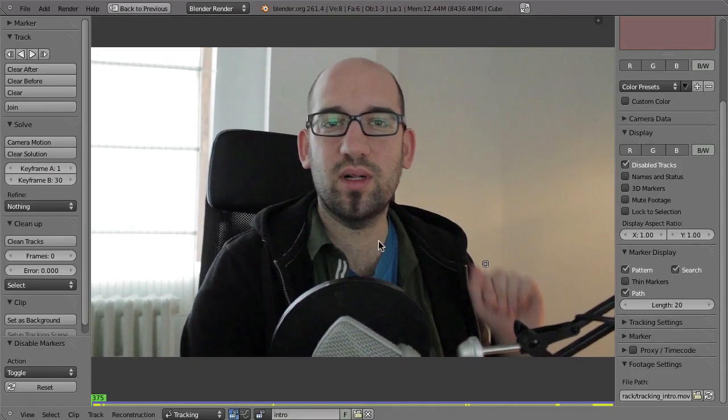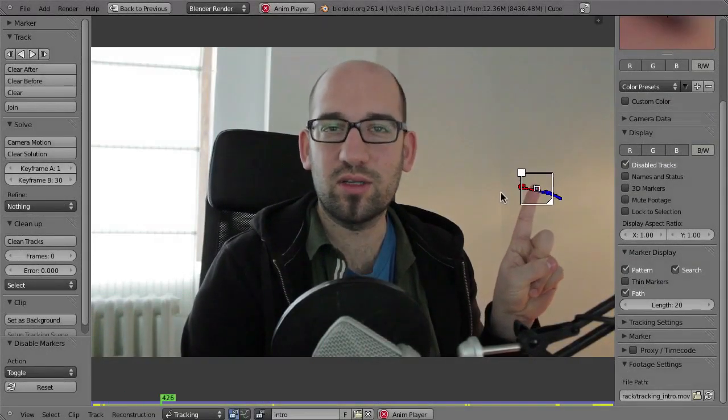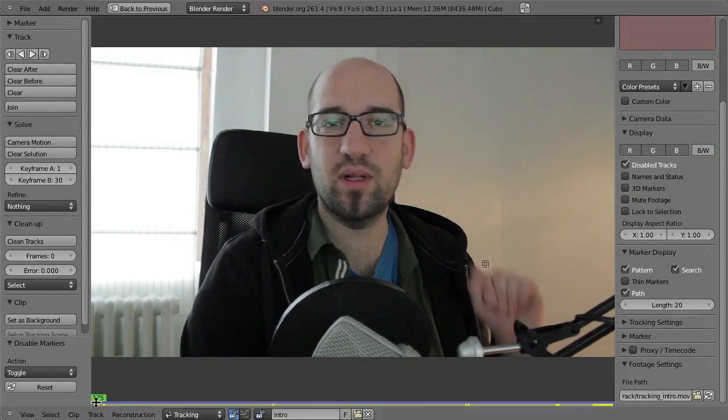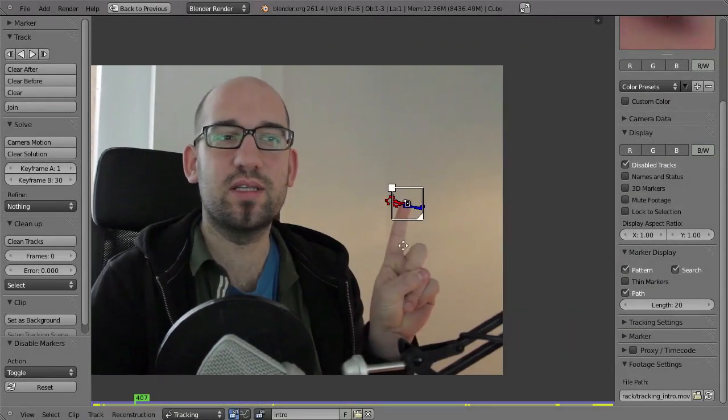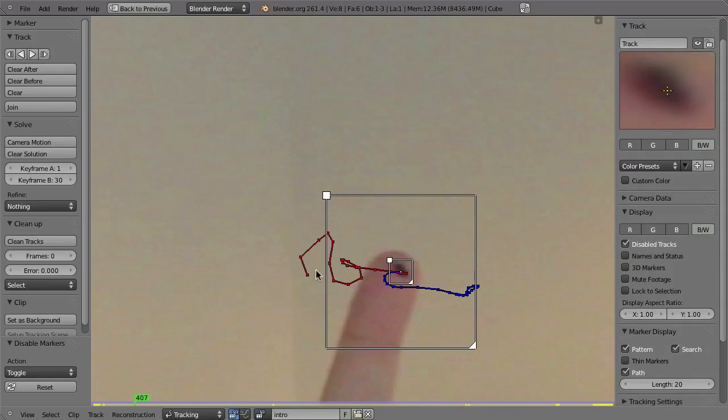All right, so that is very simple one-point tracking in Blender, and now I will show you what you can do with it. Now, to make use of this marker, or actually I should say to make use of this track, because the marker is really just this thing here. That is the marker. But the whole result of that, including this red and blue line, that is the track. So when you have tracked a marker, it is referred to as a track, and this track has now to be transferred into the 3D viewport.